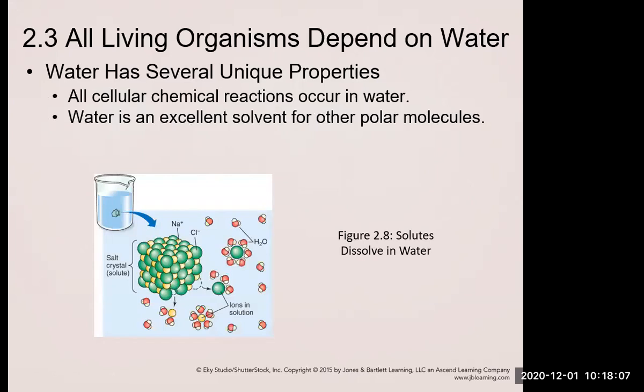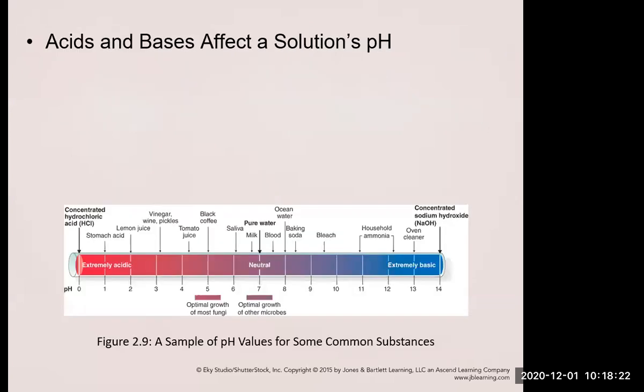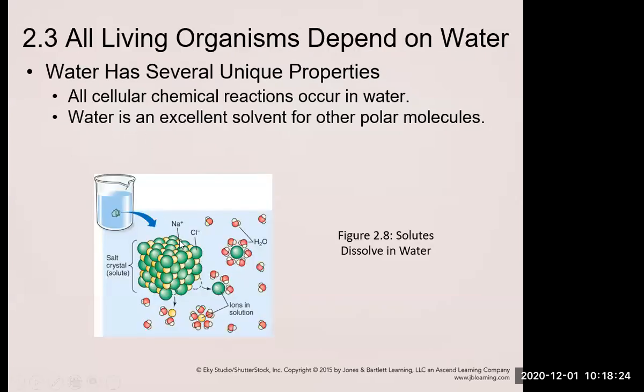So within our bodies, all of these cellular reactions, so anything inside of a cell is going to take place in water. We, as well as bacteria, are about 70% water by mass. So water is polar. It makes for a great solvent. And so here we can see sodium chloride or table salt. These can break down into their ions, Na+ and Cl-, and then those can dissolve in water because water is polar.